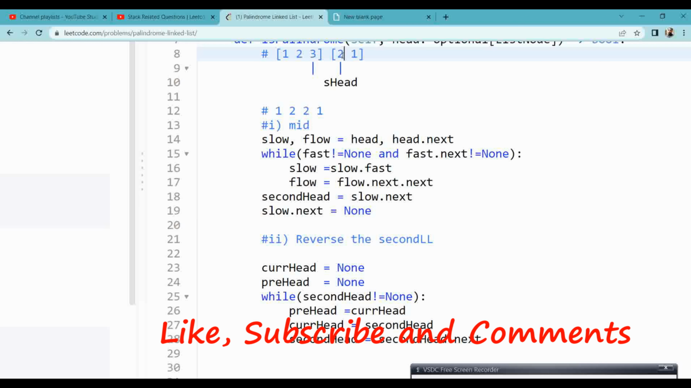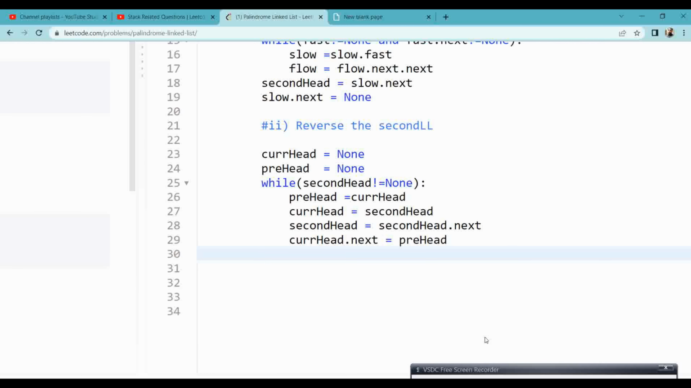Now the previous head will come here, current head will come here, and here the current head should point to the previous head. I hope that's all. Now the third step is